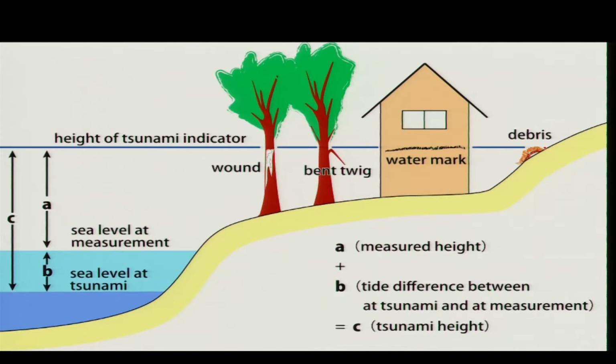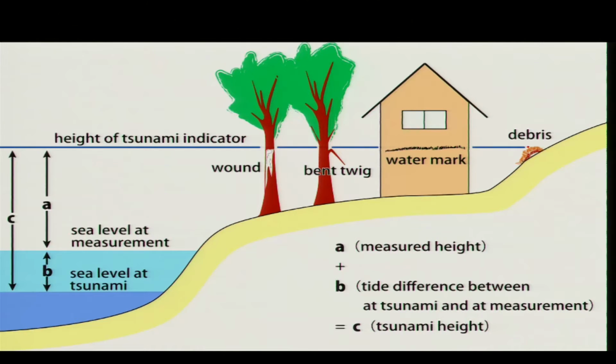We then see how far the tsunami debris was transported, and how the watermarks on buildings or other structures appear, because there will be some residence time of the water which will remain here, resulting in the development of the watermark. Then the bend of the twigs, because when the water comes in it will break the twigs and small branches, can also be taken into consideration. And then wounded trees, if they are alive and standing, otherwise most of the trees will be uprooted. If we find such wounded trees, bent twigs, watermarks and debris, that helps us in putting the final height of the